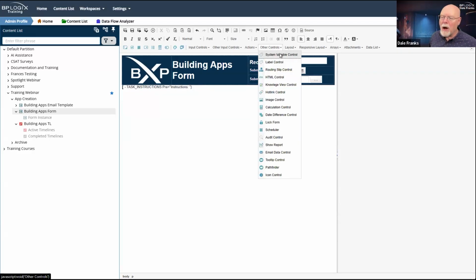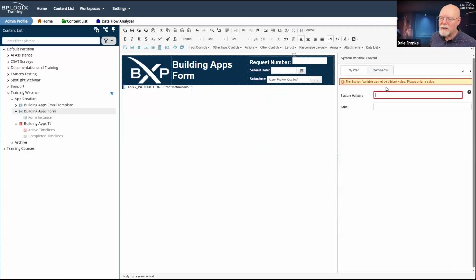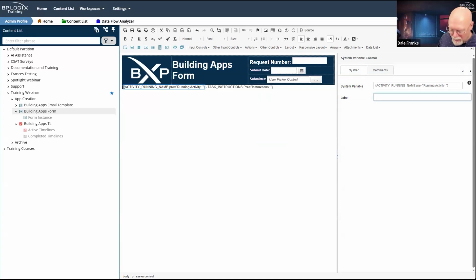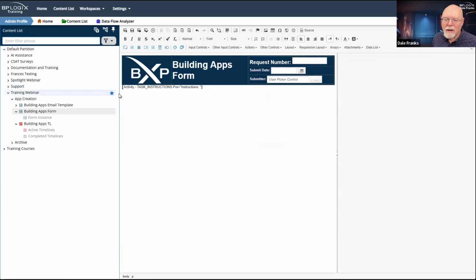I'm going to go to other controls. I'm going to drop in a system variable control, and I am going to just paste that system variable right there with its own pre. So it's activity running name, pre equals running activity. That's fine. And the label will be activity. Great. So I've got that activity, and then I've got my space and my dash and my space, and I'm going to take this system variable right here,